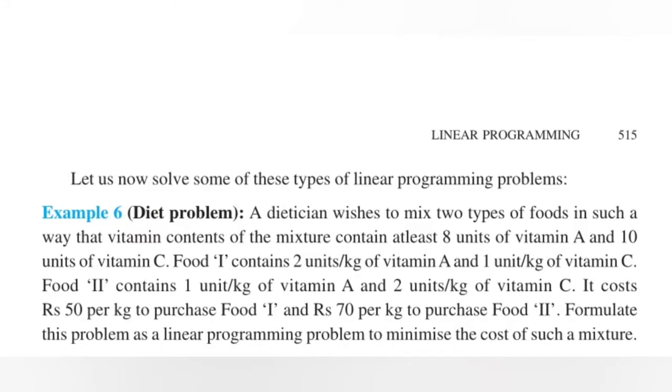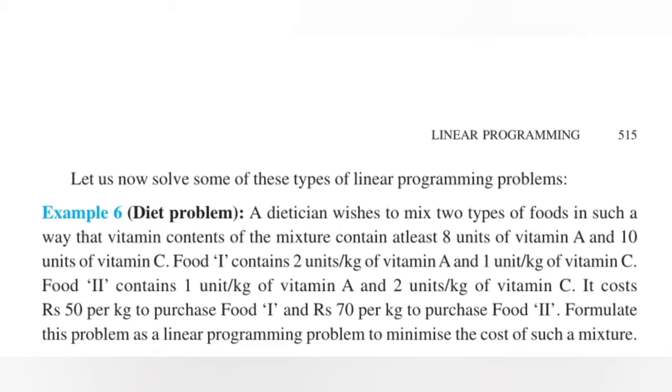So now we have here example number 6 of our book. So we will be continuing with the diet problem now. So you can just see here that we are given a dietitian wishes to mix up 2 types of food ingredients. Okay. So with the help of this, we will make up the table of what food ingredients do we need, and so we'll work with that.